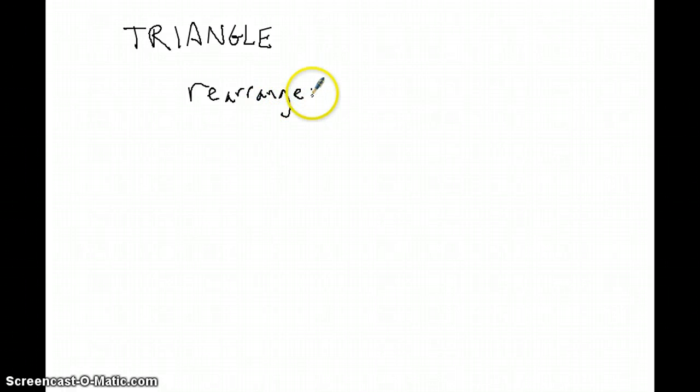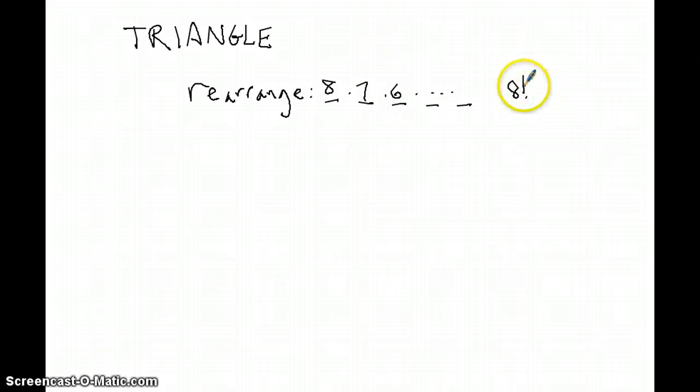How many ways can you rearrange those? Well, you've got how many things you can put in the first spot times how many things you can put in the second spot, et cetera. How many letters are there? 8. I've got 8 choices for the first, 7 choices for the second, and so on. So really, it's 8 factorial, which is huge. If I wanted to have a 3-letter word from those letters,